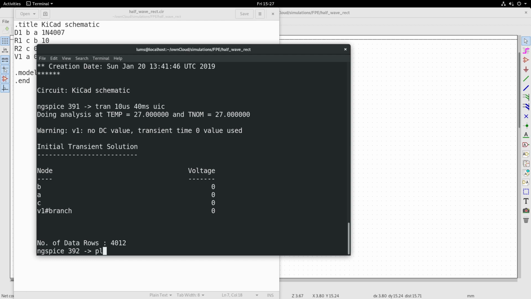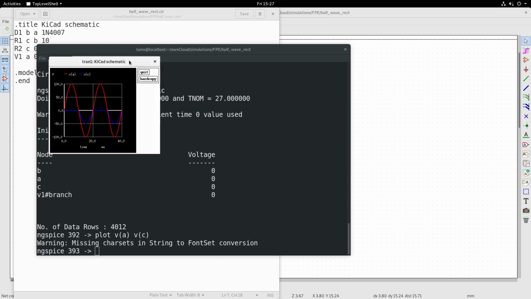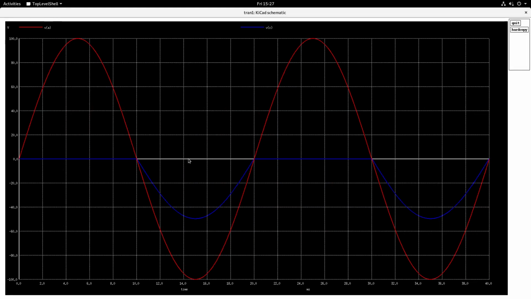So you can plot VA. You could also plot VC and see what happens. So you see that you get similar kind of output results as you got while doing in the standalone mode in ngSpice.